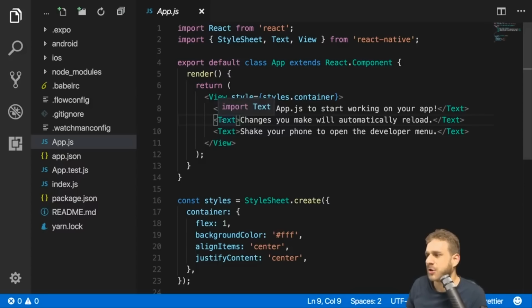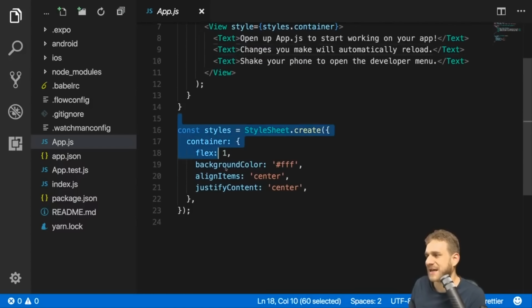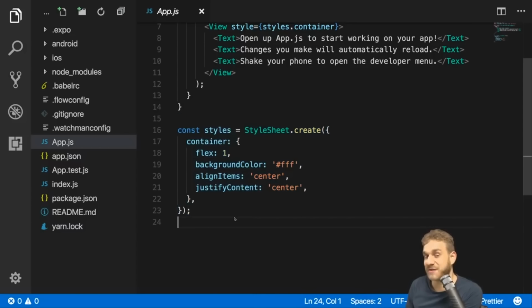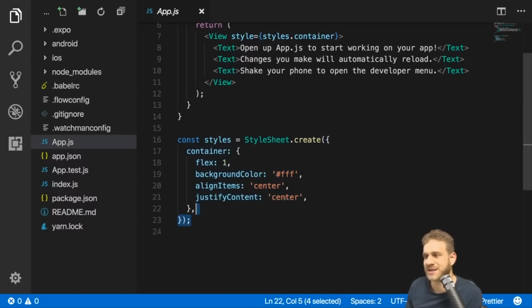So this is our code. Important maybe, that style sheet thing here at the bottom. Now I mentioned that CSS isn't part of React Native apps, it's not supported. This syntax here might look like CSS, but it's just JavaScript. And React Native gives you this style sheet object to create optimized JavaScript objects that basically allow you to define classes,